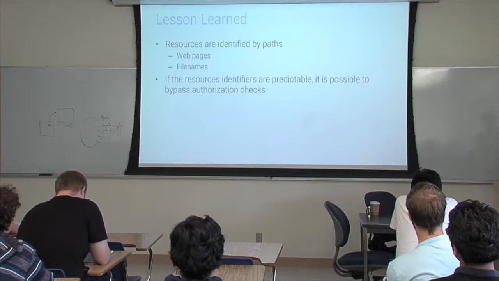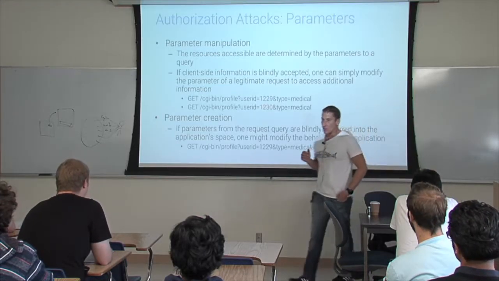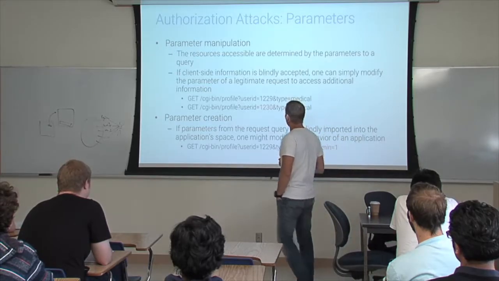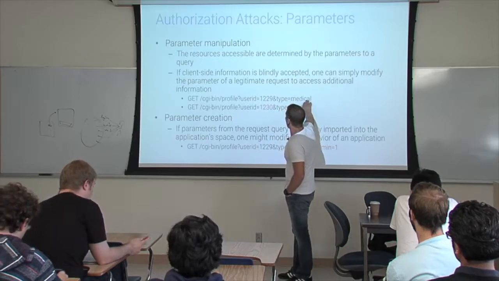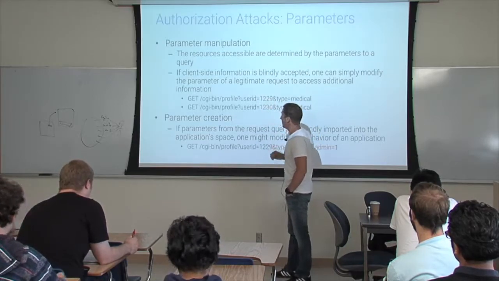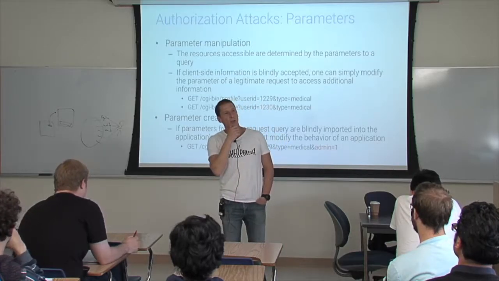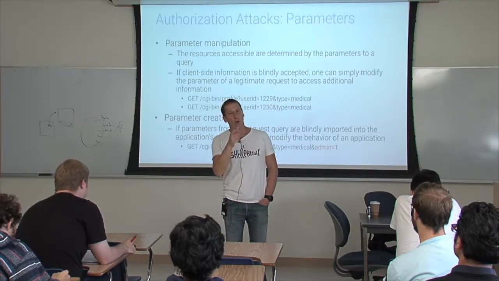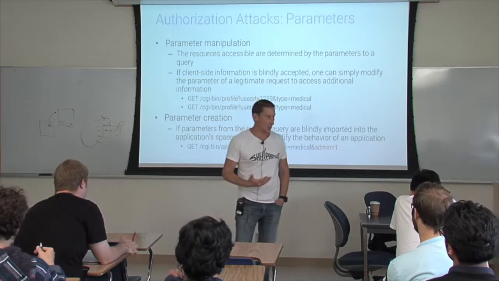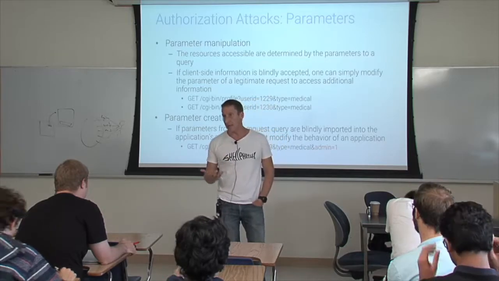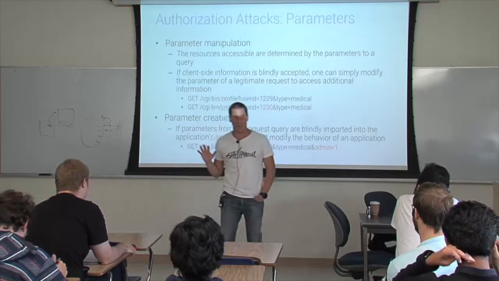Another interesting one is, for example, parameter manipulation. Suppose that you start observing that there are parameters where there is a user ID, because you are the one that you are authorized to use. And you say, user ID 1229. What if I put 1230? And suddenly you get the records of somebody else. That's a classic authorization attack that works in an enormous amount of situations.